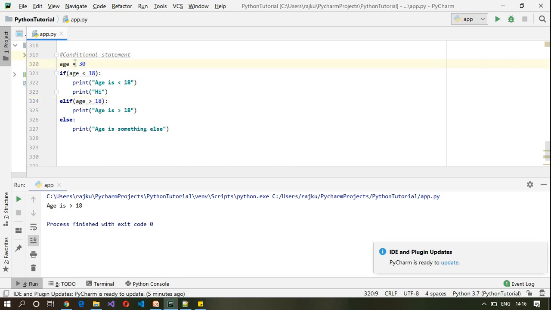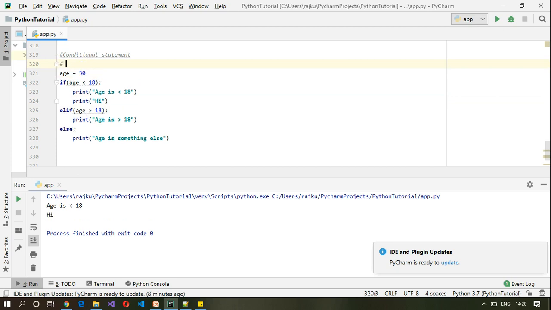Let me modify this program to check for this else condition also. So let us take one example. Hypothetically, we will say that if the age is less than 18, he is not eligible.